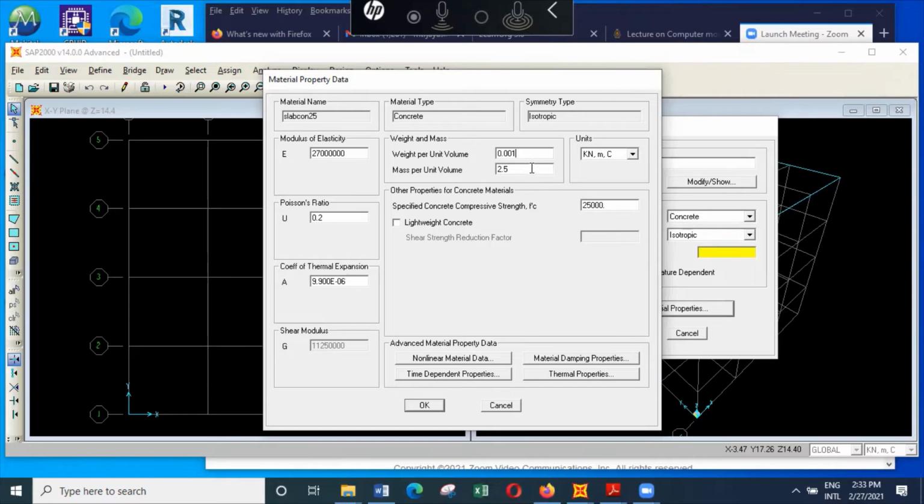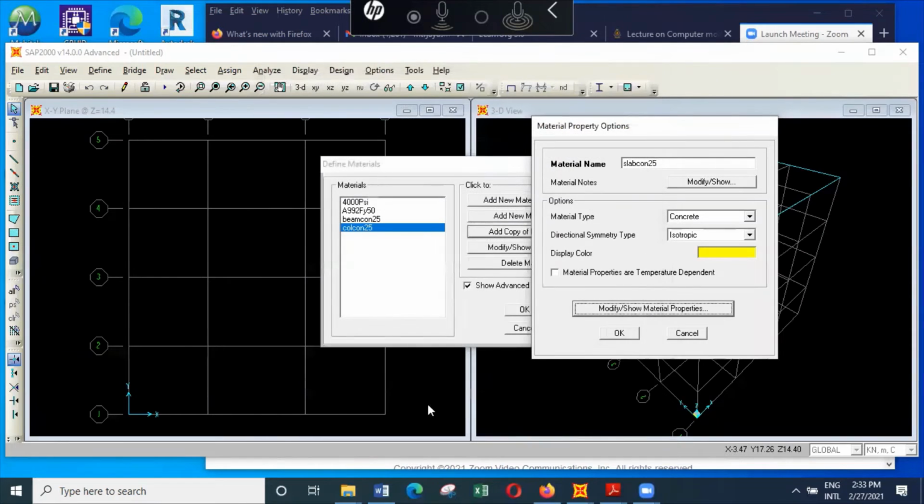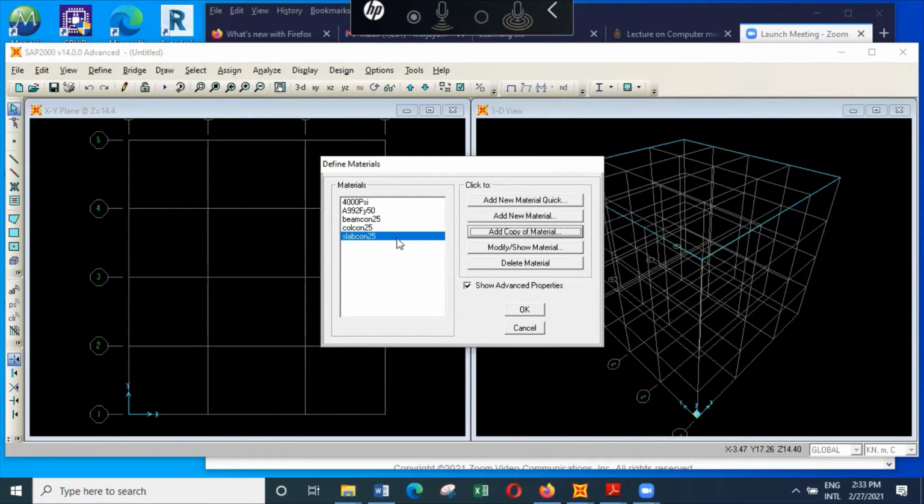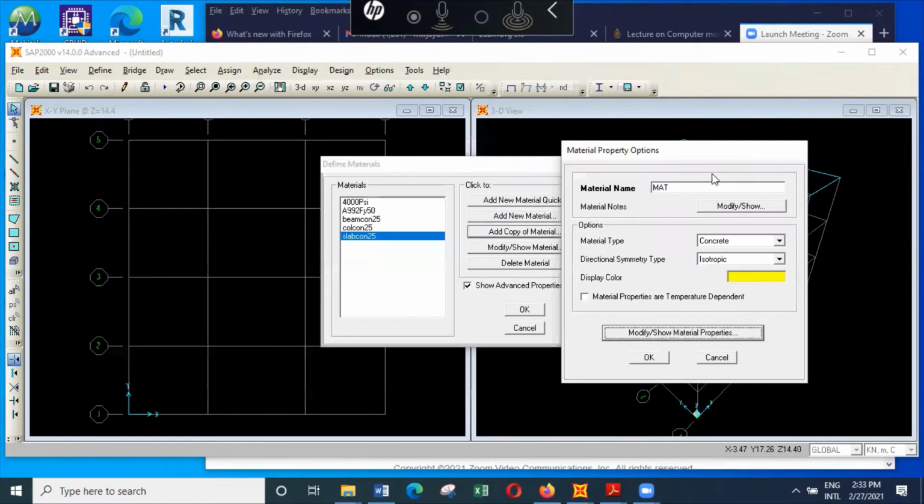For dynamic load calculations, I'll keep the presence of the slab, whereas for the weight, I will consider it as almost 0. So I'm having a slab with no weight, and we'll also need another material, and that is the foundation,